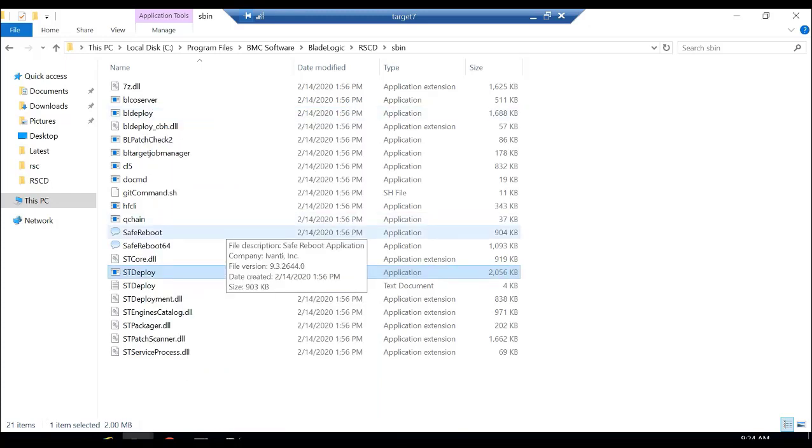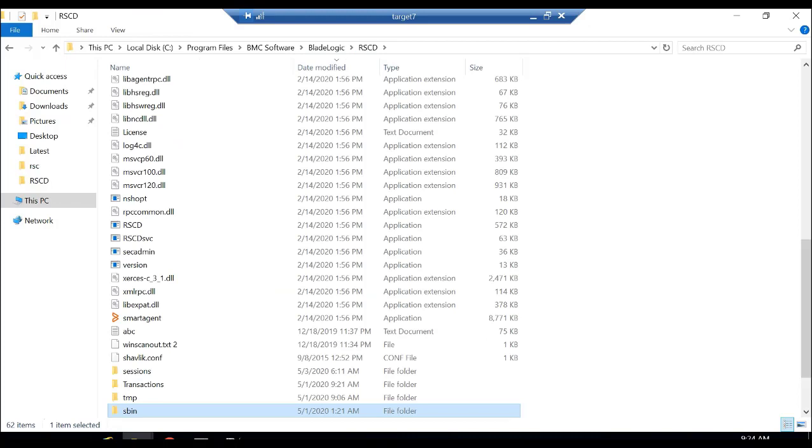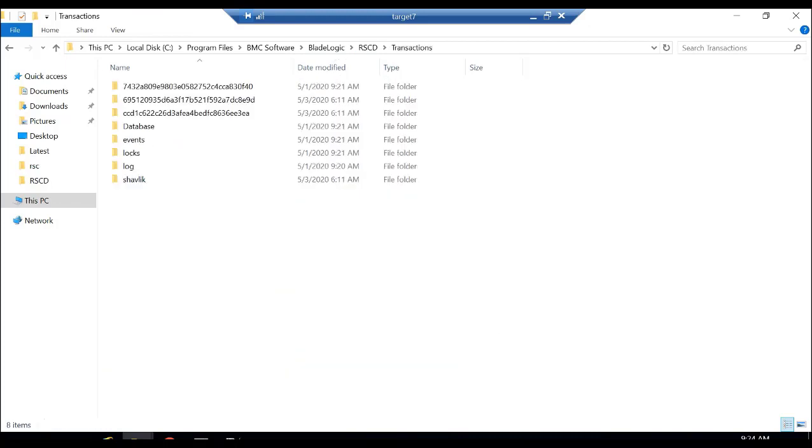Now, when we were talking about the logs to collect, we talked about stdeploy.log as well. This stdeploy.exe writes into the stdeploy.log as well. In this scenario, since it didn't have any permission, it just gave an error right away.